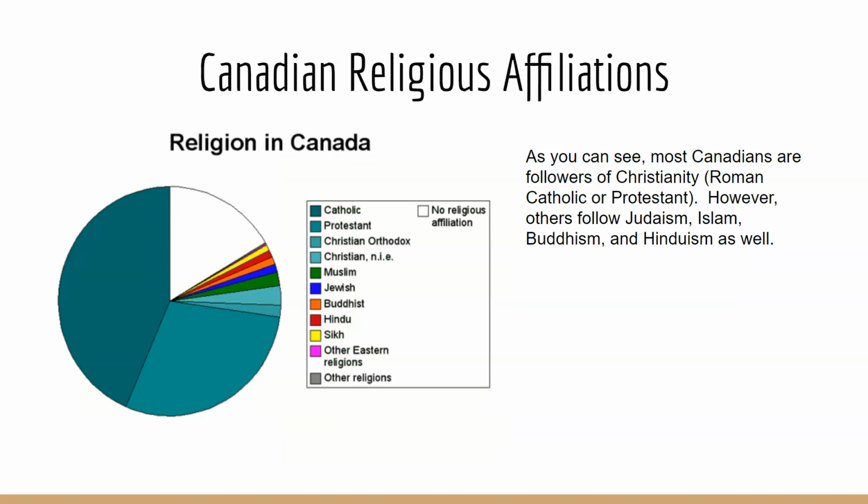Looking at the religious affiliations, most Canadians are Christian. And we can see here kind of on the chart that there are several followers of both the Roman Catholic Christian faith as well as the Protestant Christian faiths. However, you are still going to see followers from Judaism and Islam as well as